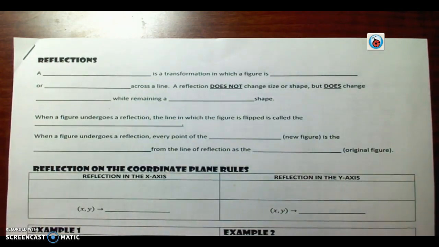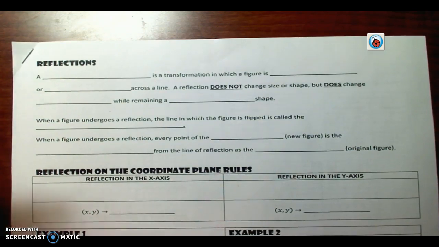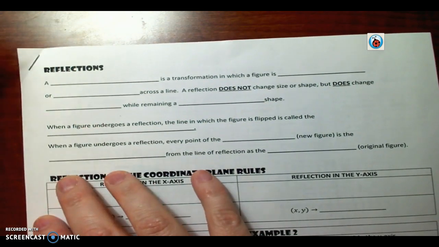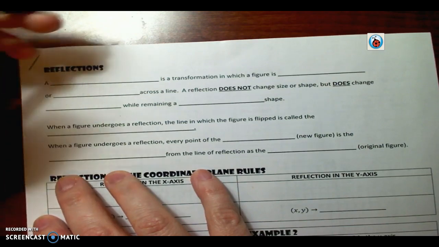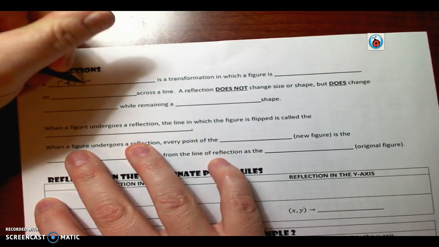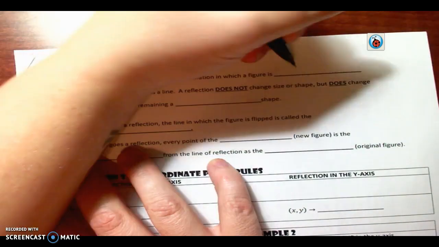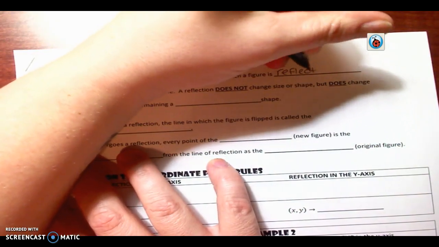So you should have already watched the other reflection video to get an introduction to the transformation reflections. So we're going to go ahead and complete our guided notes with that. In the last videos we talked about translations being a type of transformation, and that was just a slide, no change in shape or anything there. And now we have our reflection, which is another type of transformation, in which the figure is reflected or